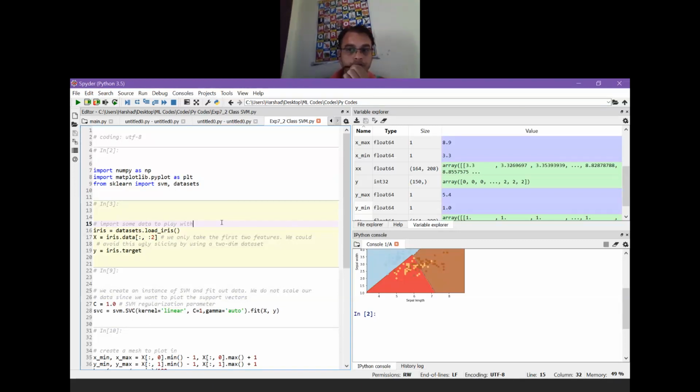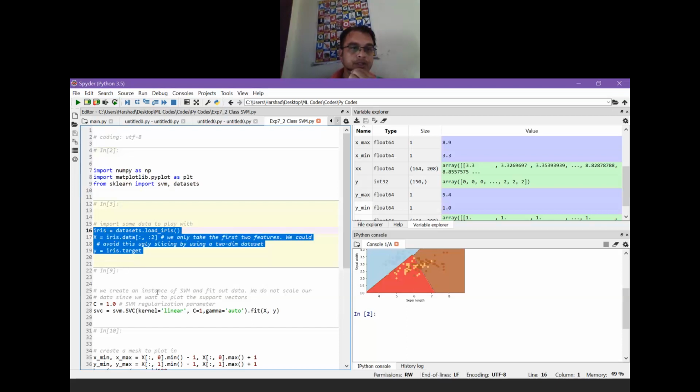If you look carefully at the screen, we are importing three different libraries. First is NumPy, second is PyPlot, and then from sklearn we import SVM, the support vector machine that we want to implement, and we are going to implement it on a predefined or default dataset available with sklearn. Sklearn is the machine learning library available for the Python language. Now just import these lines. Yes, we have imported it. Now just run these three lines. After running these three lines, I want to implement the next lines.